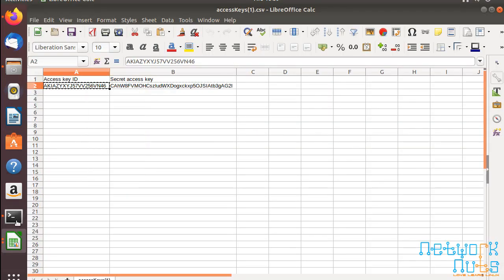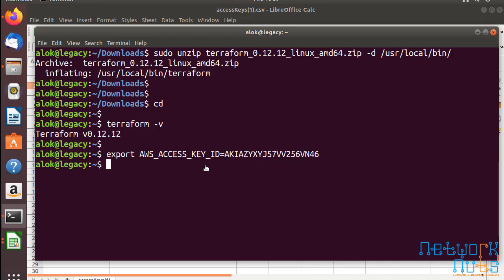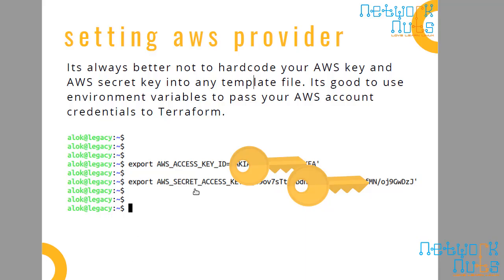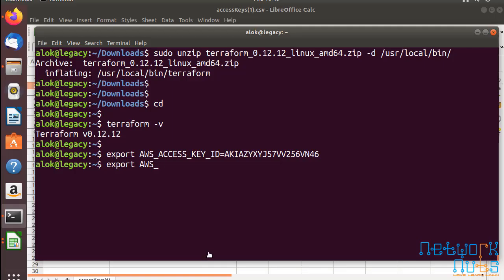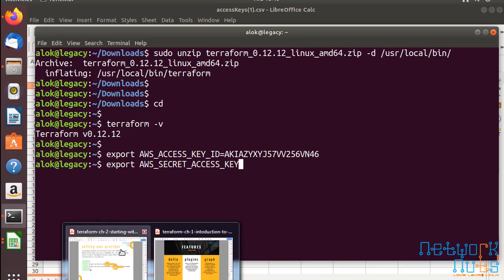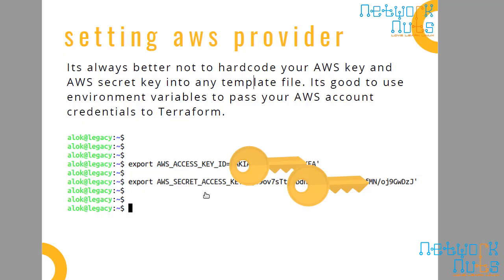I copy it from here and paste it, and then give export AWS underscore secret underscore access underscore key. So I go here. That's the way to connect it, because it's safe to save it as an environment variable rather than keeping it in a file, and then paste the thing,